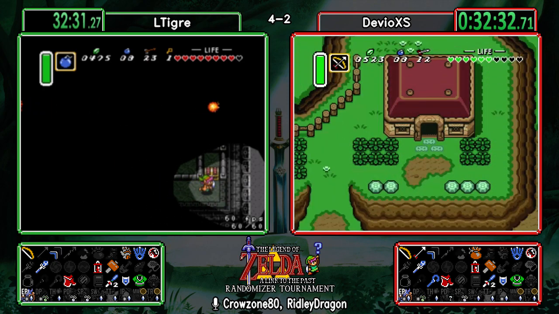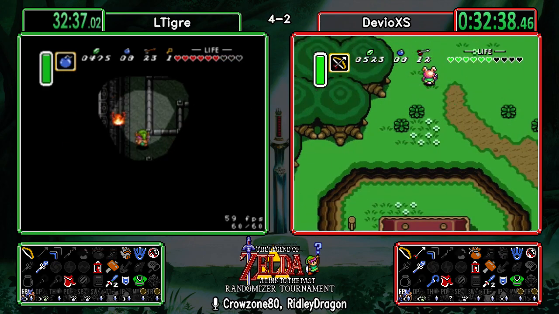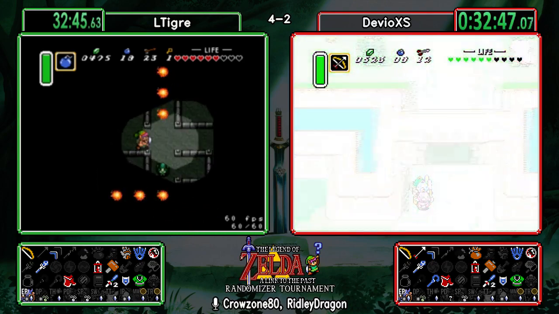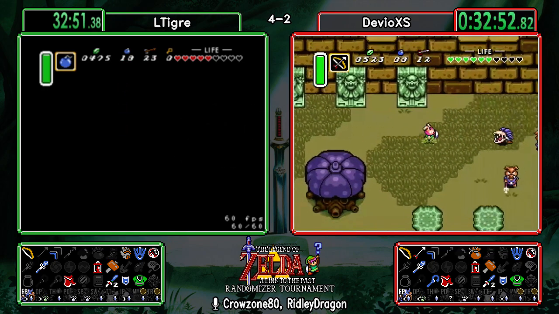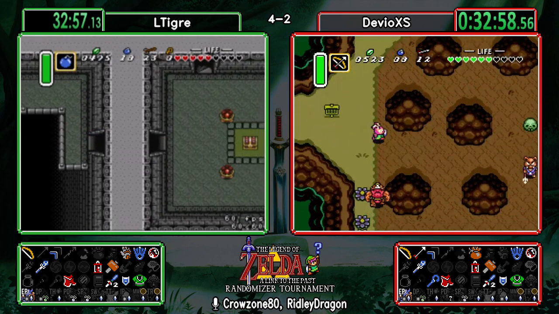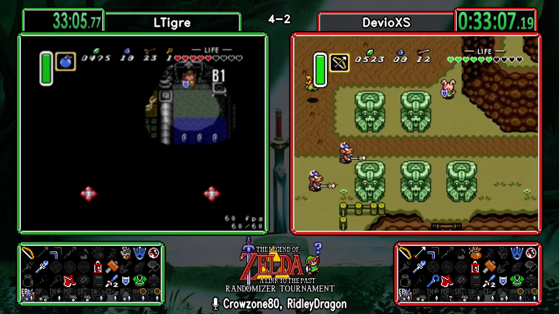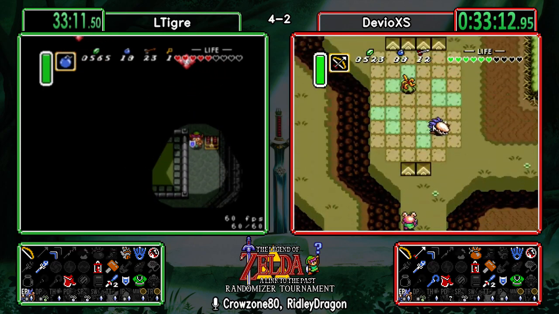Yeah, and I wonder where Devio's going to head now. He looks like he's going to go up and head into Palace of Darkness as well. Yeah, the only other option was to go to Zora or Genus. For whatever it's worth, this has been a bunch of really tremendous calls on LTigre's side. He chose not to go to Back of Escape, went immediately up the castle tower, and then made this call to move into Palace of Darkness first,